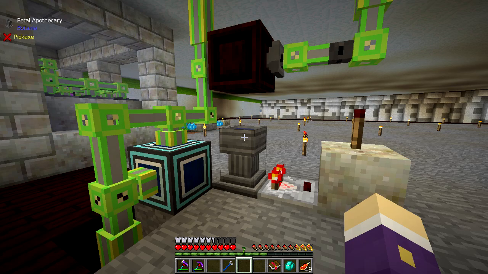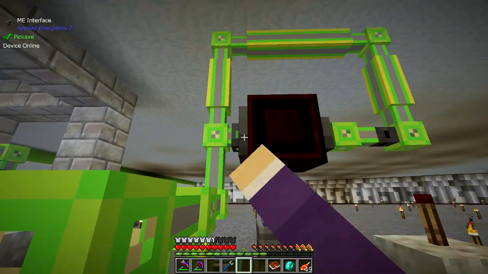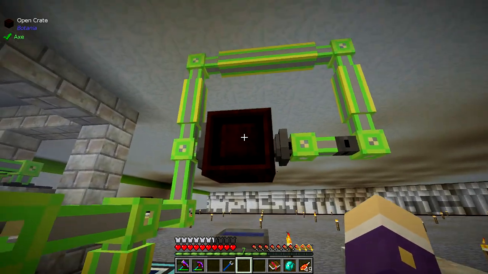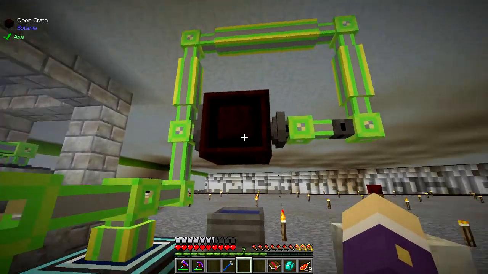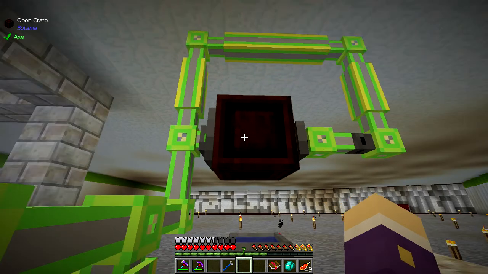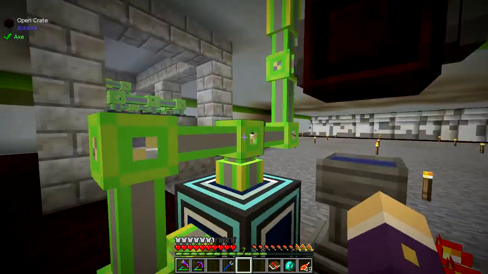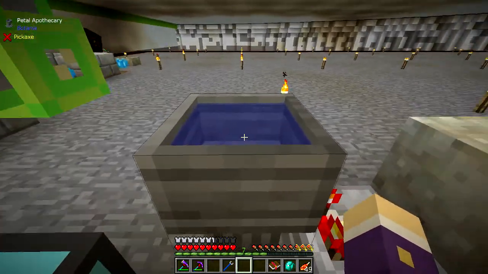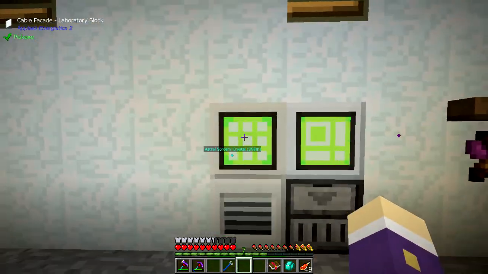That's a simple thing. Now, to make the actual Hydrangea, we've got an interface. The interface is basically a pattern that puts the items into the open crate. And then the interface will try and put items in one by one. And as soon as they go into the target inventory, they will drop into here and become part of the recipe, right? So I believe that a seed,